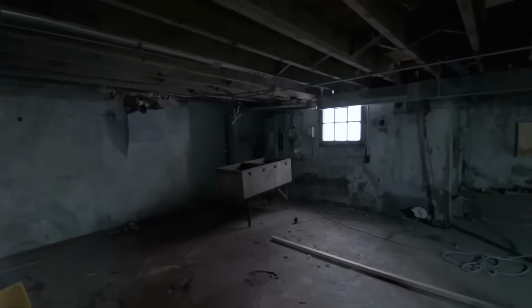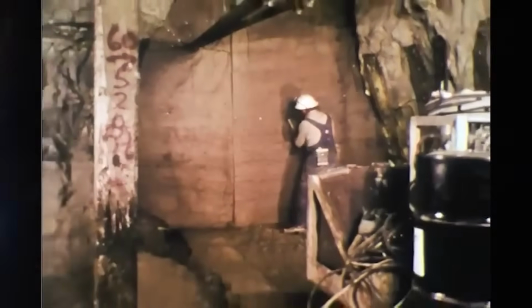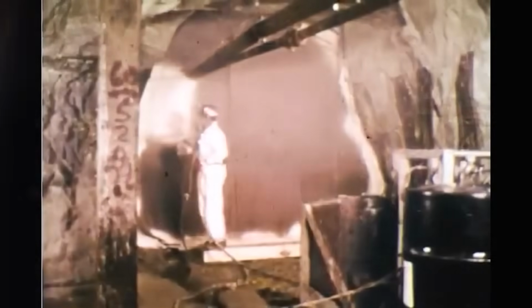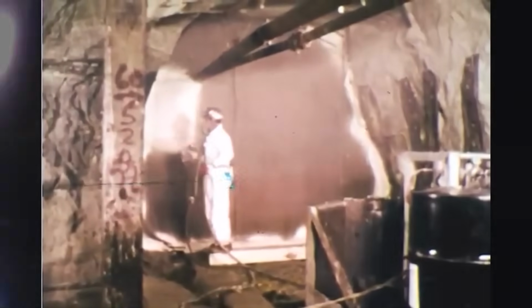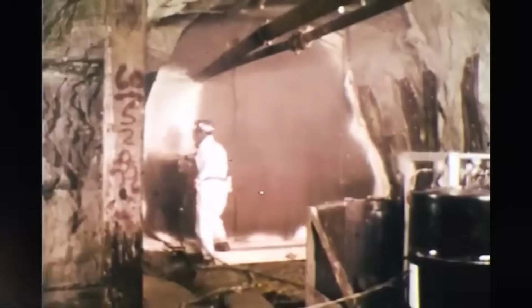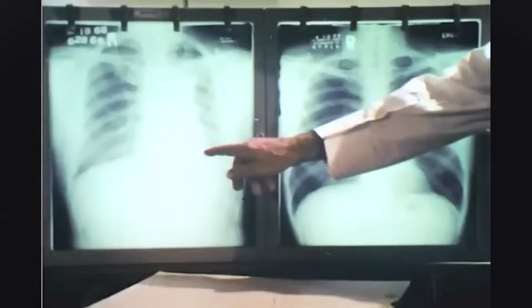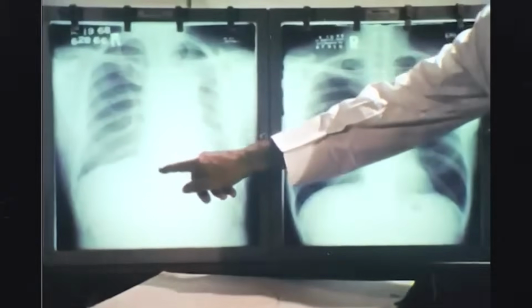But just how great is this risk? Well, according to Health Canada, exposure to radon-laced air at levels around 200 becquerels per cubic meter over 70 years increases a non-smoker's risk of developing cancer by 2%. This risk is significantly higher for smokers at 17%. At concentrations of 800 becquerels per cubic meter over the same time period, this risk increases to 5% for non-smokers